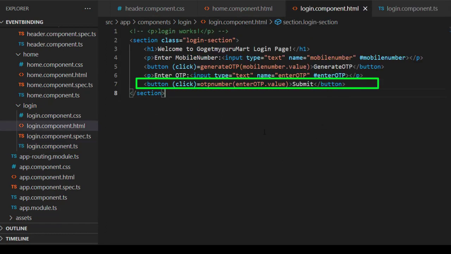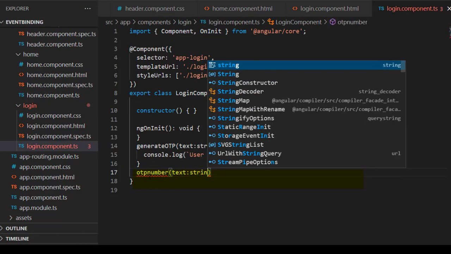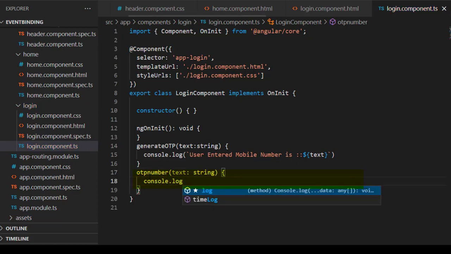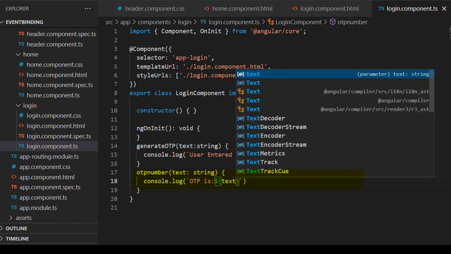Next, which is the one more function, we'll go to login.component.html. Here, OTP number is the one more function. So we'll go to login.component.ts file. Here, we'll write OTP number. Here, we'll write text colon string console.log. In backtick, we'll write OTP is, again I'll give here colon, then I'll write here dollar, after this, curly brackets, then inside this curly brackets, I'll write text.